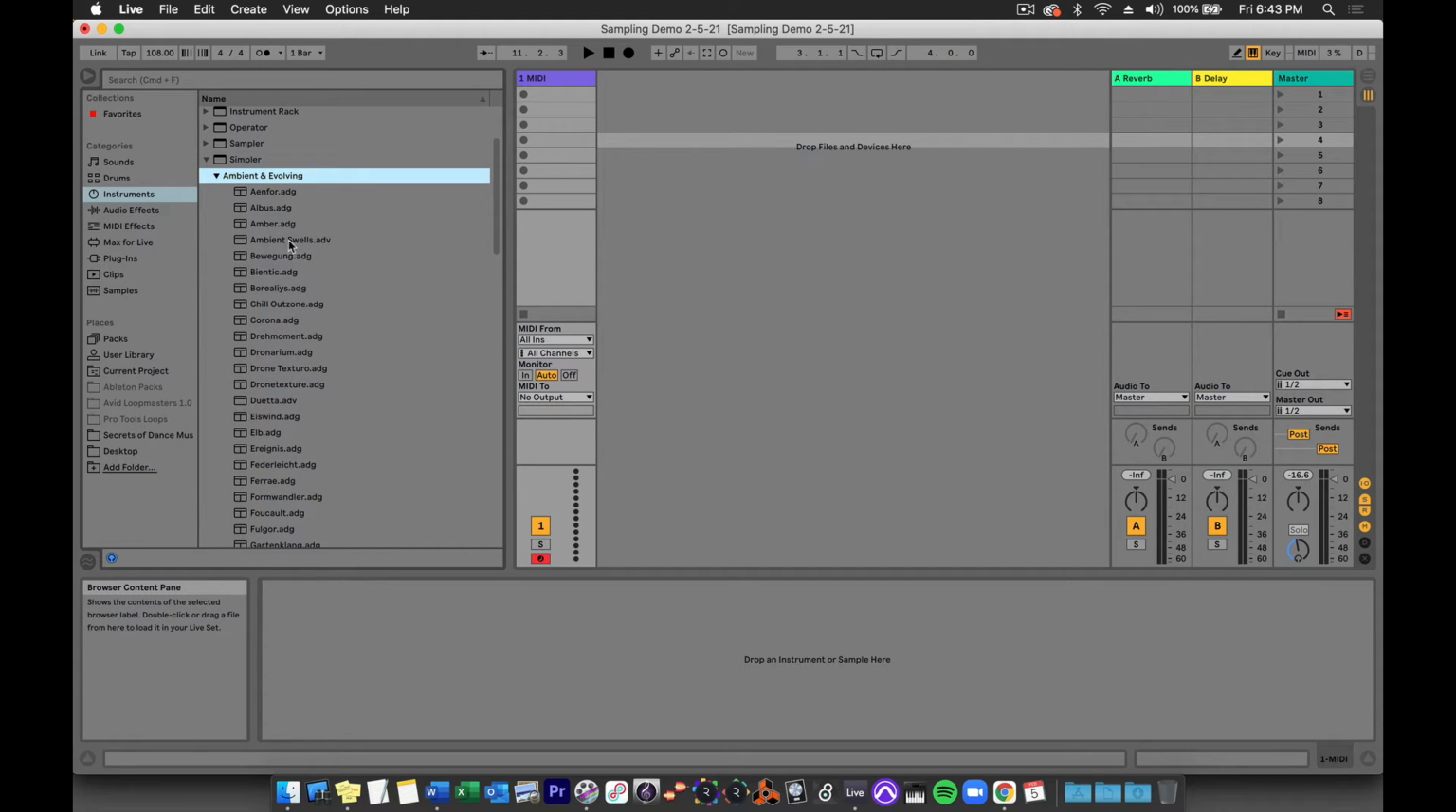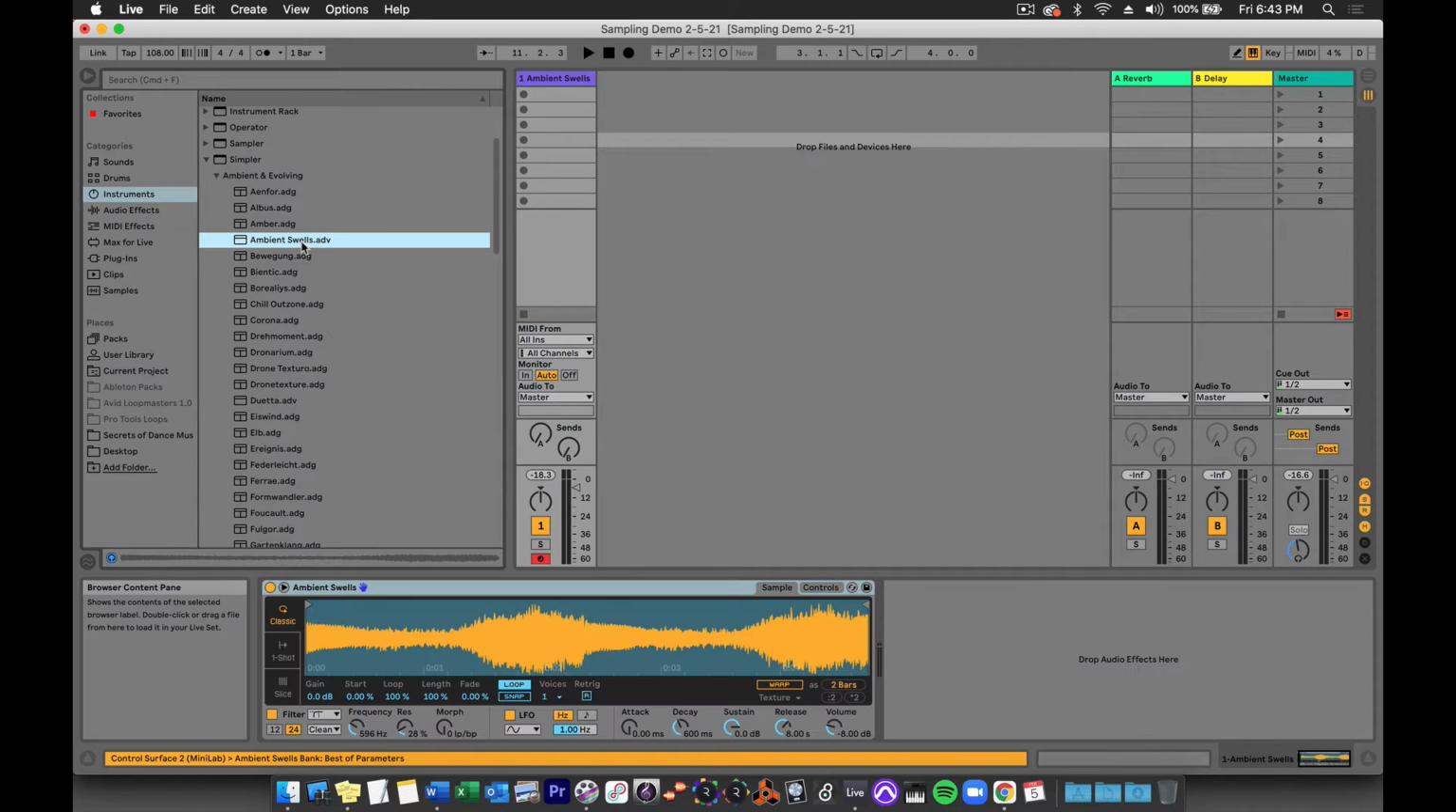device file here. Now you may notice that there are two file types in the preset menu, ADG and ADV. The ADVs are Ableton device files. So if I double click on that, it's going to load up just the Simpler plugin with a sample already